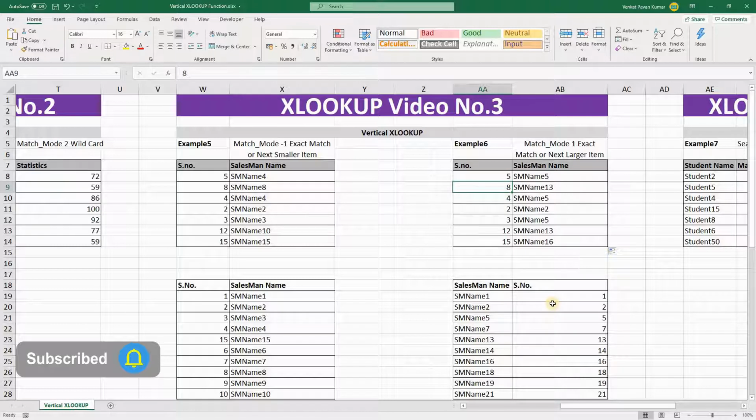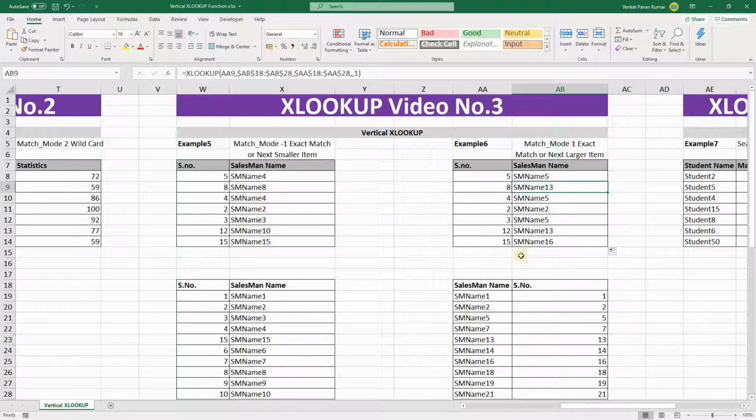For 8 we do not have exact match, so after 8 what is the next largest number? We have 7, and then we do not have 8, and then directly we have 13. So it picked up the 13 salesman name and updated here. And 4, we do not have 4, so 1, 2, 3 and 4 are not available, but the next largest number after 4 is 5, which is available. That is the reason we got salesman name 5 here.